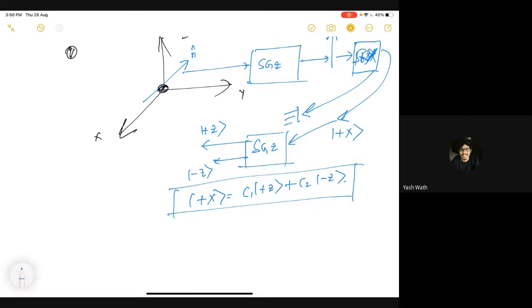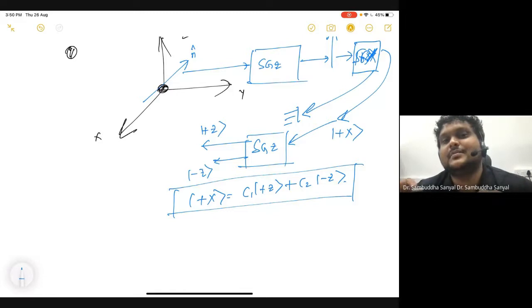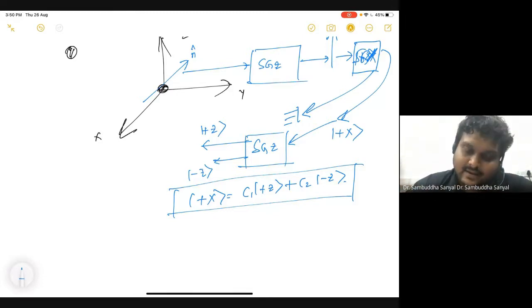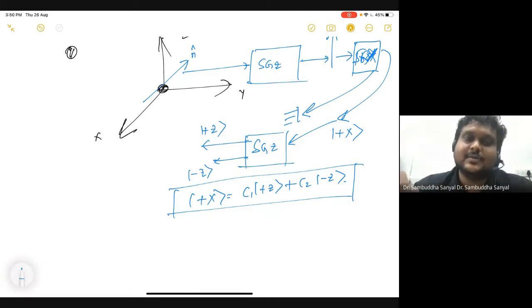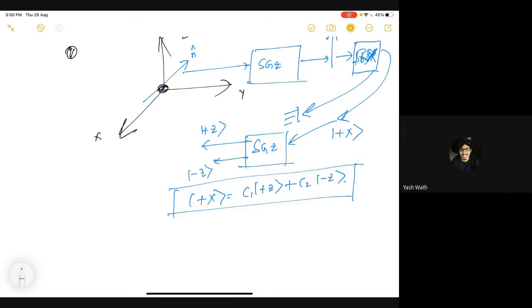So why are we saying we cannot measure it? No, we don't measure it to be a superposition of plus z and minus z. But given plus x, in a given experiment, in the third device, we either get a plus z or minus z. From there, we deduce that plus x must be a linear superposition of plus z and minus z. That's why we get this, right? But the original idea of spin is, before all this quantum mechanics, they originally thought that spin could be in any direction, right?